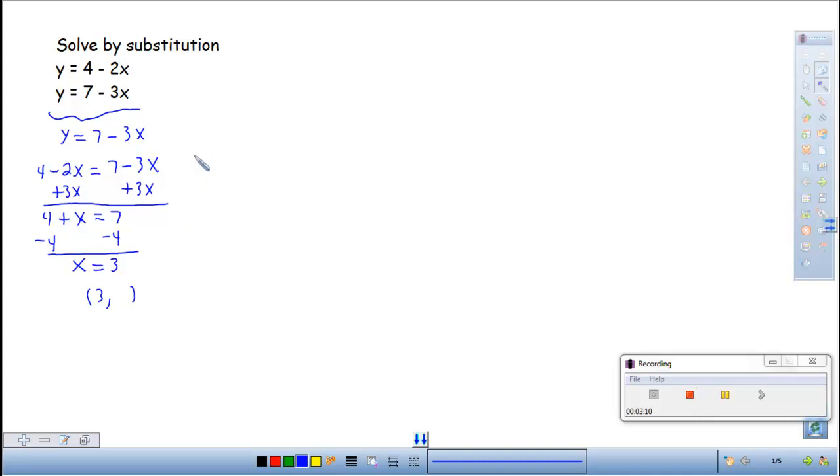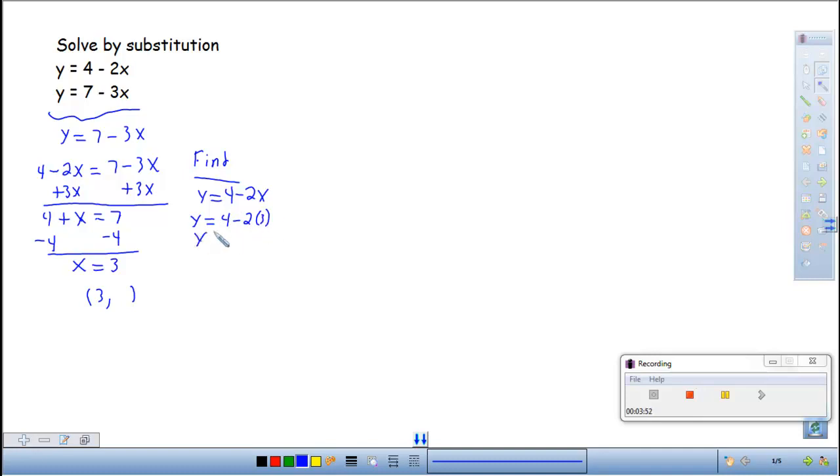And to find y, all we're going to do is take one of our original equations. I'll take the first one, y equals 4 minus 2x. And then we're going to plug the x in that we just found in that equation, and then we can find out the y value that goes with that. It's kind of like that t-chart that you did. But this time we found out that x is equal to 3, so we need to find out the y that goes with that. So I'm going to replace x with 3